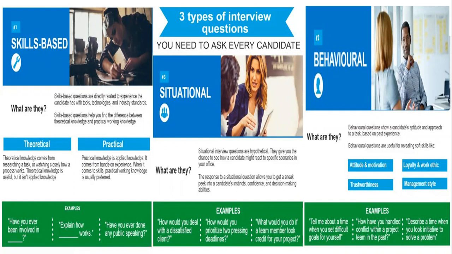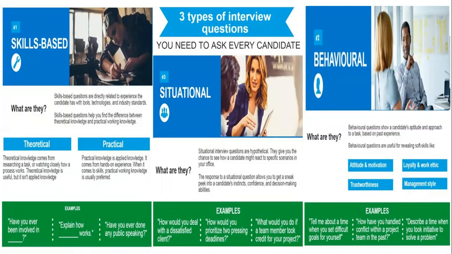But what sort of question we shall ask? या जैसे आप कह लें कि टाइप ऑफ इंटरव्यूज कैसे होते हैं। सो इफ वी स्टार्ट वन, द वेरी फर्स्ट वन वी स्टार्ट विद द स्किल बेस्ड, कि जो जॉब डिस्क्रिप्शन में जॉब रिलेटेड जो जॉब की मेन एक्टिविटीज हैं वो कैसे होंगी। स्किल बेस्ड क्वेश्चन आर डायरेक्टली रिलेटेड टू एक्सपीरियंस द कैंडिडेट हैज विद द टूल्स, टेक्निक्स एंड इंडस्ट्री स्टैंडर्ड। Skill based questions help you find the difference between theoretical knowledge and practical knowledge। कि जो बुकिश नॉलेज है